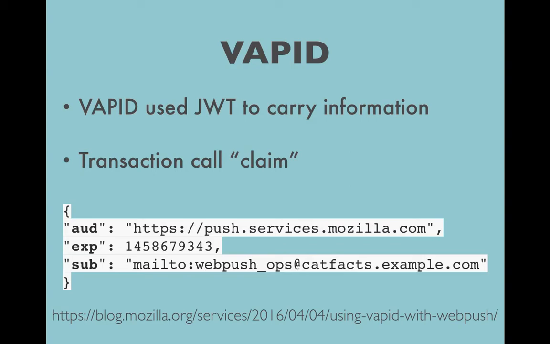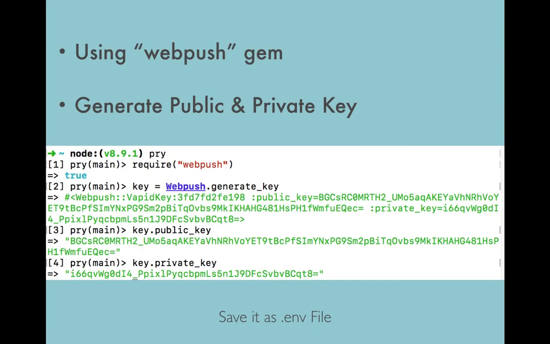You can see this is how the JSON file looks like, and there's a source if you want to read more about VAPID. This is more on authentication. I know how to apply it, but I don't know really deep about it because this is more on crypto. It's more encryption. Okay, so